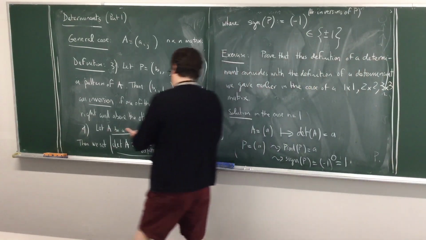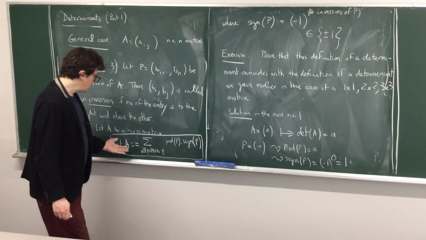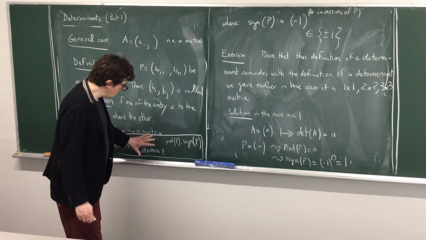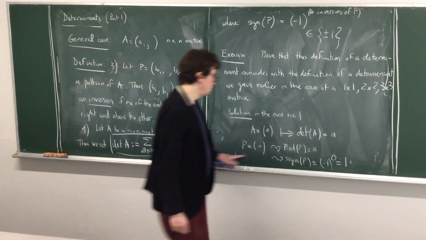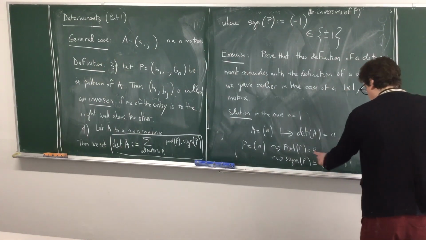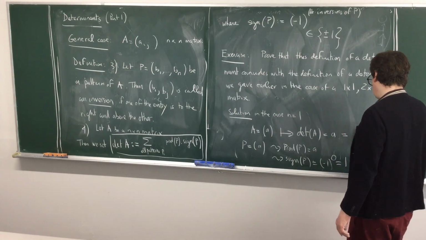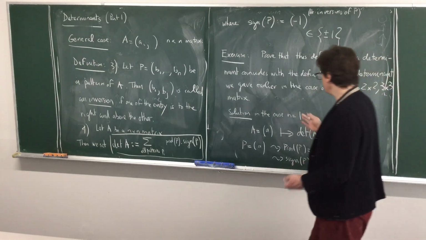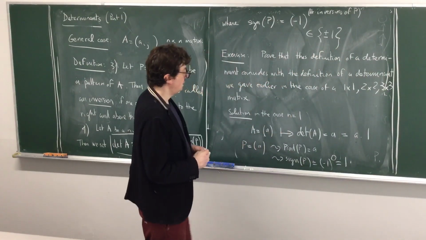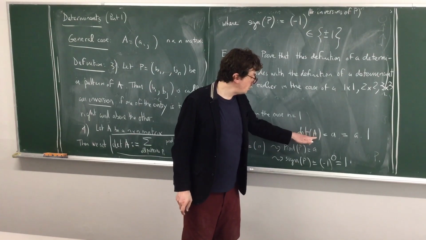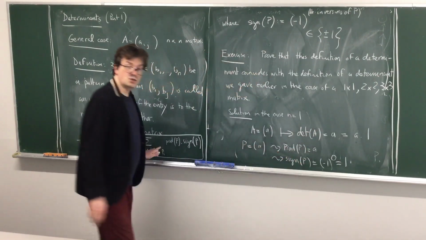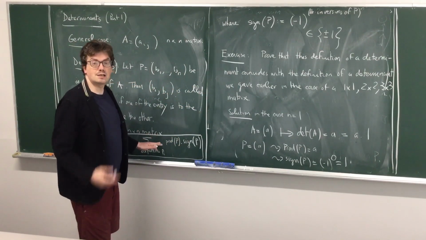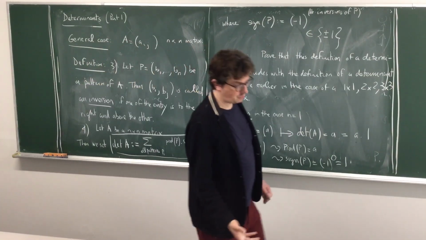As a conclusion, what is the determinant of this matrix A? There is only one pattern, so you can forget this summation symbol. It will be just the product times the sign. So it will be 1 times A times 1. So you get A times 1. Okay? So as you can see, in the case of a 1 by 1 matrix, the initial definition coincides with this definition. The exercise I give you is to check this formula in the case of 2 by 2 and then 3 by 3 matrices.